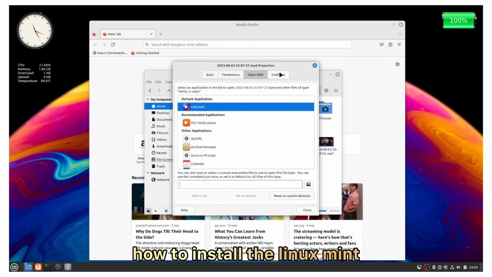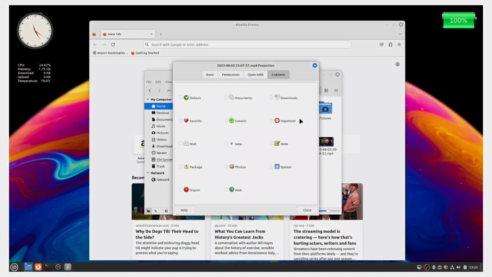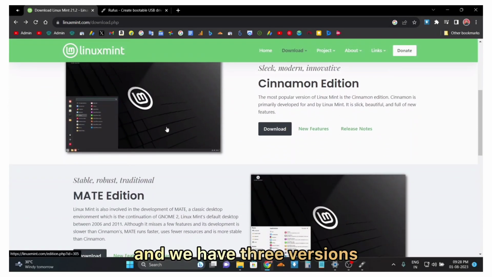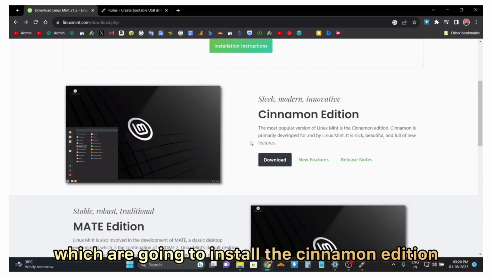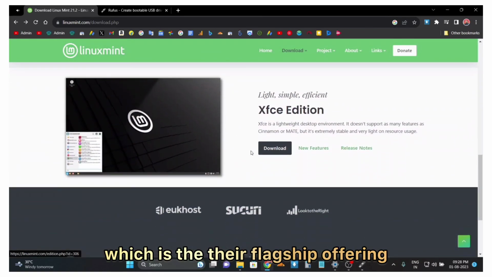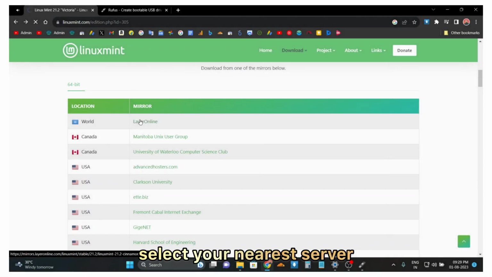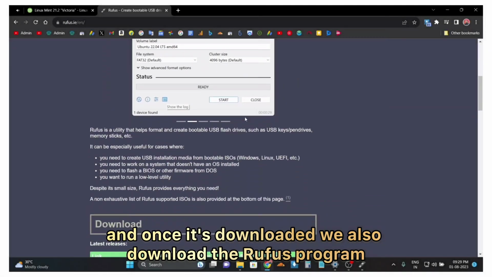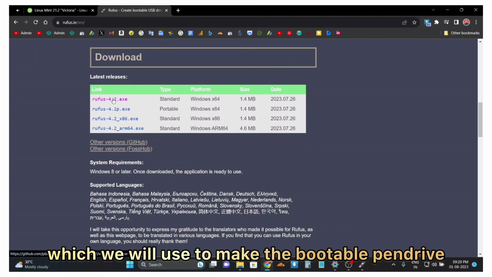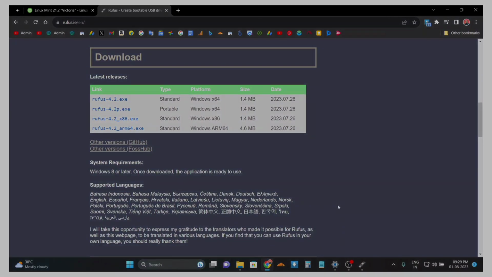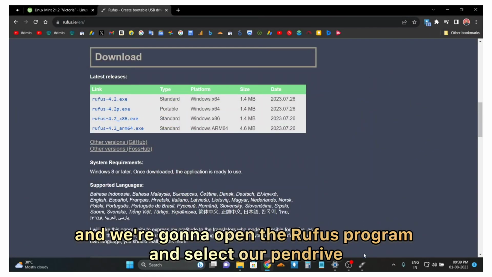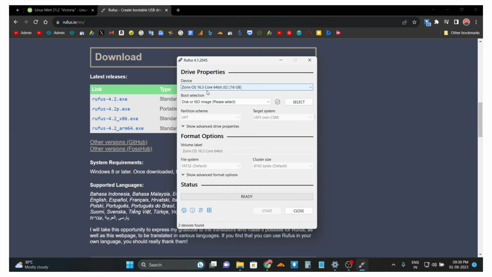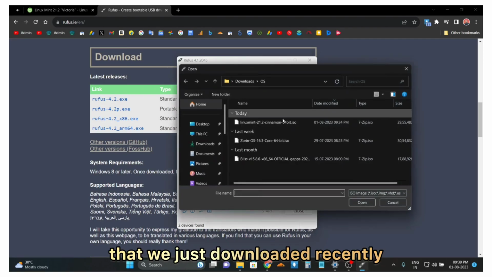So now let us see how to install Linux Mint. First of all, on your Windows, you need to go to the official website, and we have 3 versions which you can install: the Cinnamon edition, which is their flagship offering. So select your nearest server and start the download. And once it's downloaded, we will also download the Rufus program, which we will use to make the bootable pen drive. And we're going to open the Rufus program, select our pen drive, which is going to be 8 GB or above. Now select your ISO image that we just downloaded,